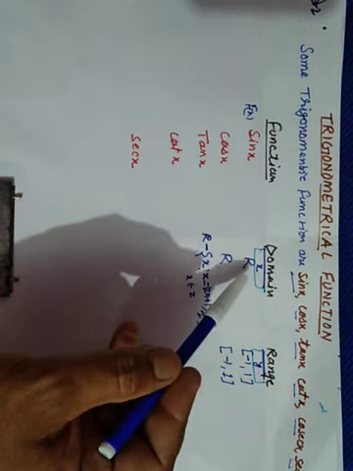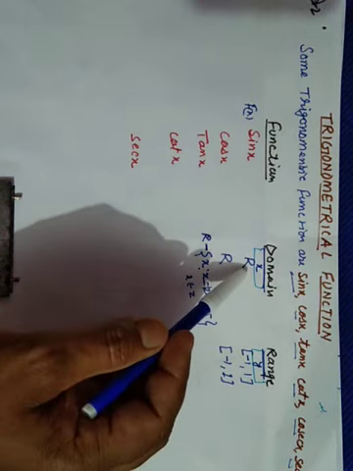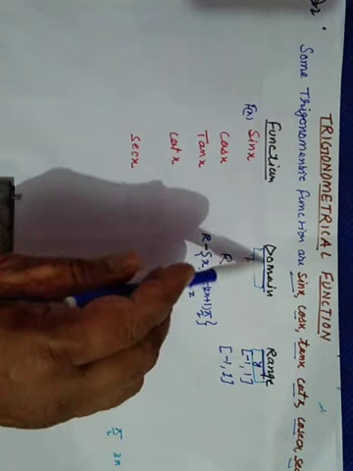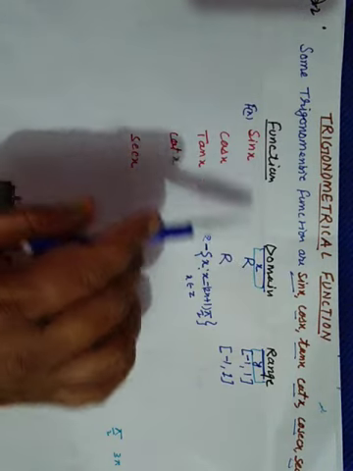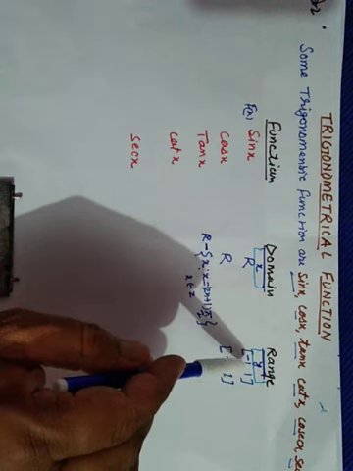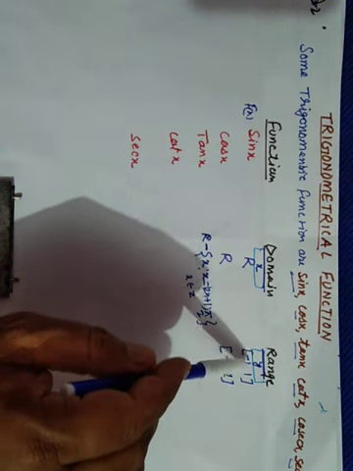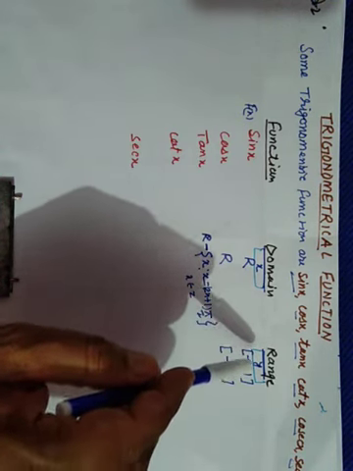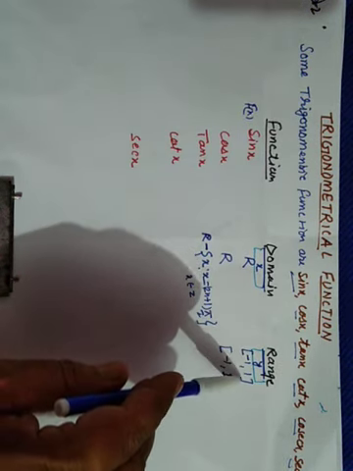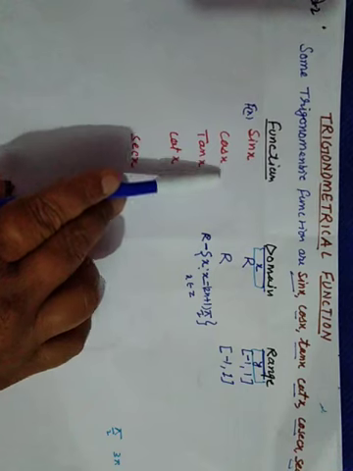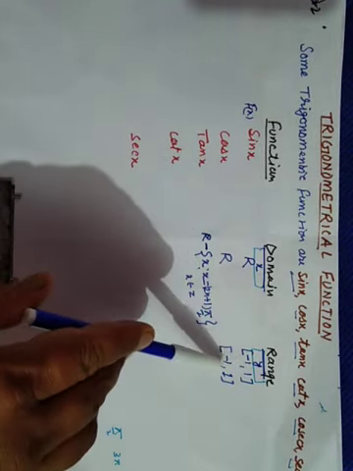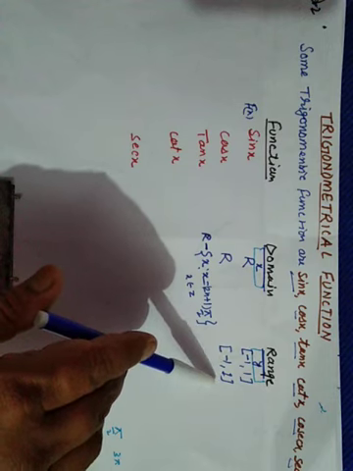From the graph we will understand. In the graph, we can see all real values we can put in, and the range we get is -1 to 1. Means the answer we get is between -1 and 1. For cos x, again the domain is all real numbers, and the range is -1 to 1.